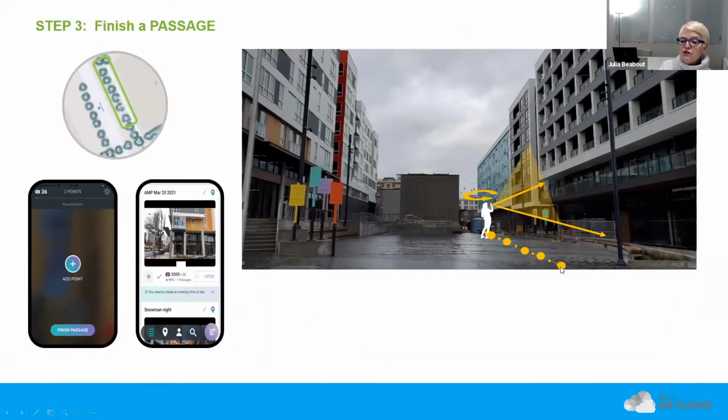From there, after you do your first point, you're just going to continue scanning additional points. There is guidance in the application for how far to move for each point. For me, I just follow a simple rule of moving about 6 feet or 2 meters every time I create a new point. That works really well. You can't scan too many points. Definitely the more information, the better for a good quality point cloud. However, that does obviously impact the upload time and the file size of what you're capturing.